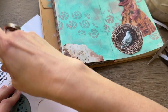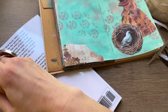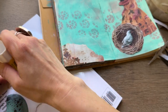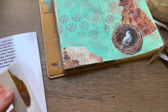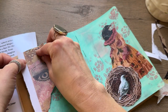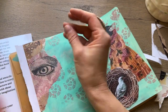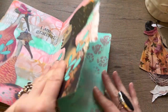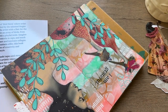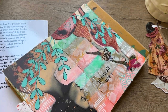And, you know, I think I've said this before in other videos. People tend to audition things a lot. And while that can be fun and actually very relaxing because it's kind of just playing around with imagery, as long as you're enjoying that process, then I say go for it. But if auditioning pieces tends to slow your process down and make you second guess where you should put things, then I give myself a minute or so to just decide on something, and then I just put it down and glue it, because